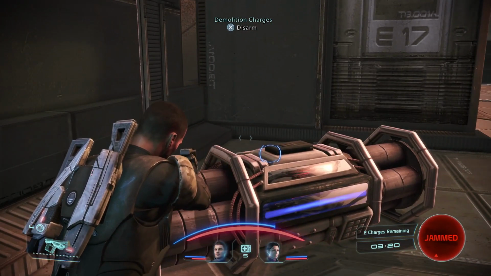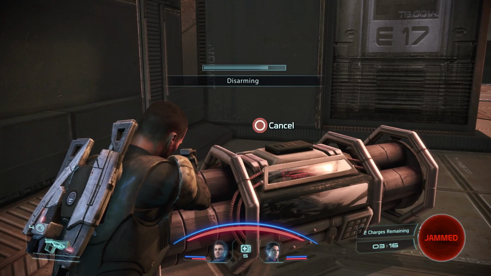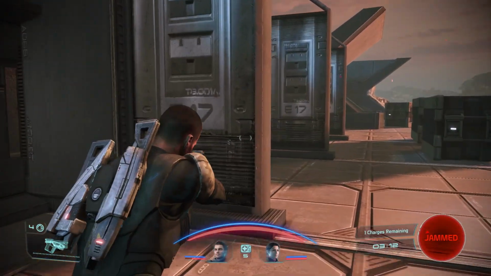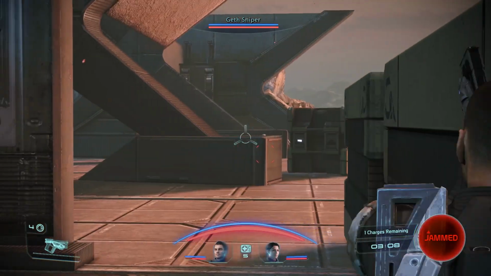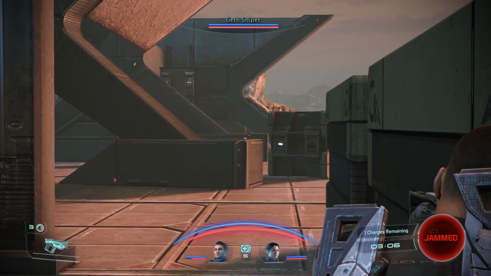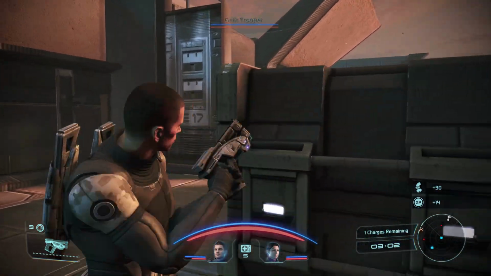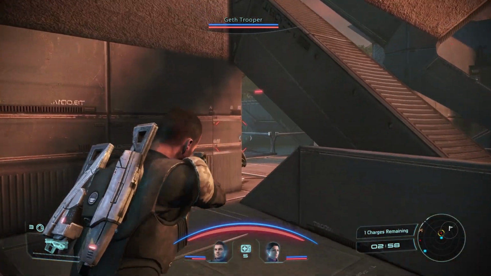You can swap while... Oh, we're being jammed right now, too. We gotta be careful about that. But you can swap your weapon out if it is overheated, so that is very, very helpful there. This Geth sniper is probably what's jamming us, if I had to guess. Let's throw that. Nice. Looks like I was right. We're not being jammed anymore, so...